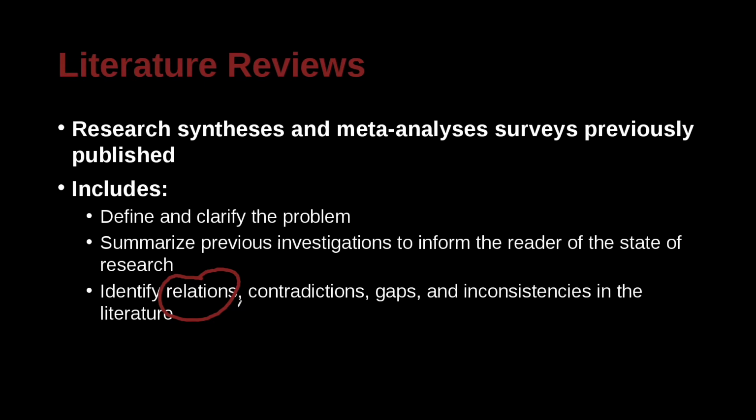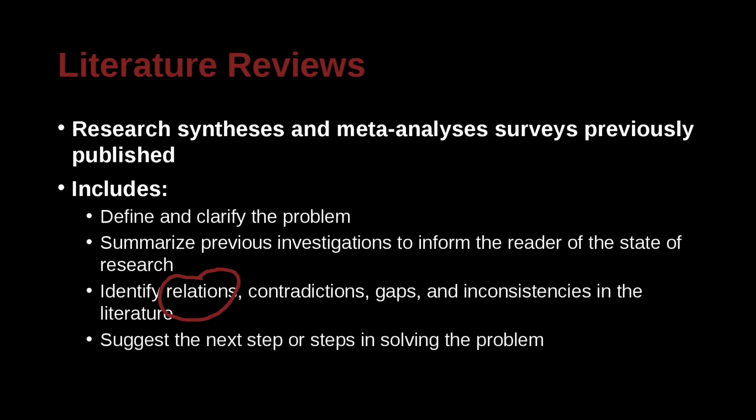Kind of like, okay, I've got all this information, what does it mean? 50 articles, 90 articles, and 25 books. What do they mean? It may not mean just one thing, it may mean 2 or 3 things, or it may go into different categories, but that's the goal of a literature review research paper or thesis. Lastly, you'll suggest steps in the future that can be done to help clarify the area or help the literature move forward to make more of a contribution.